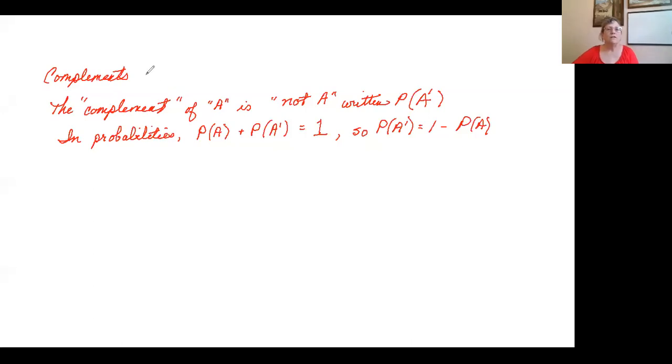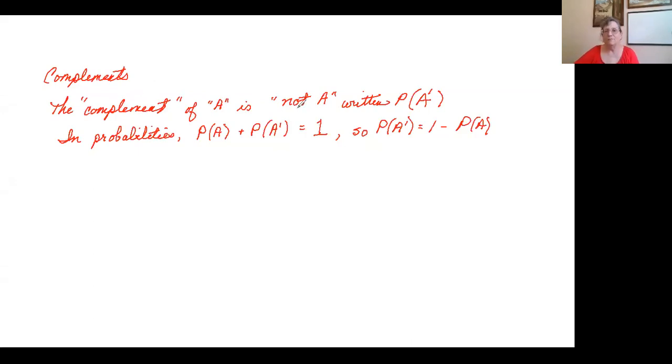When we talk about complements in probabilities, the complement of A means not A. Either something is A or something is not A. It's either blue or it's not blue. It's either Thursday or it's not Thursday. There's lots of other possibilities, but it can't be both Thursday and not Thursday, and it has to be one